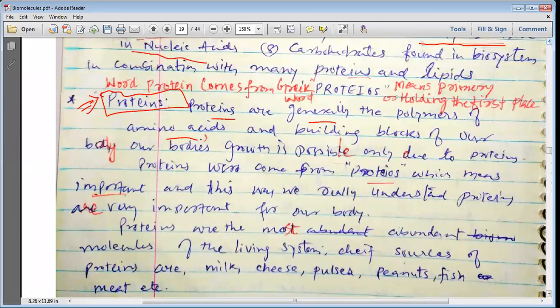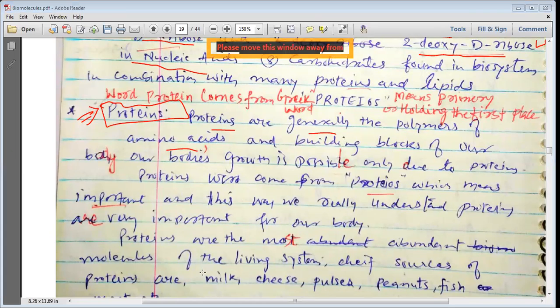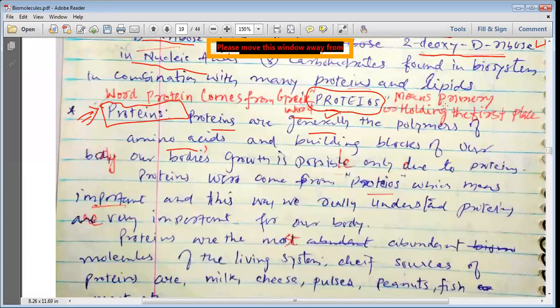Now, how does the word protein come into existence? The word protein comes from the Greek word proteos, which means primary or holding the first place. So my dear students, from this itself we can easily understand and realize that